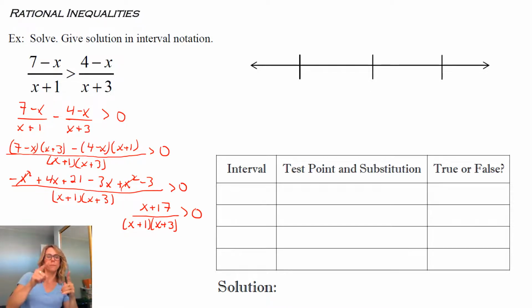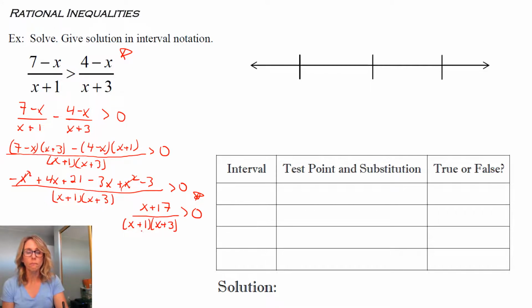So I want you to understand that the values that make this top piece true, this thing that we started with here, the values that make this true right here are the same values that make this true. It's true. It's true. Because all I did was rewrite it. Everything was math legal. I just rewrote it by combining the fractions, and now we have this one fraction finding out when it's greater